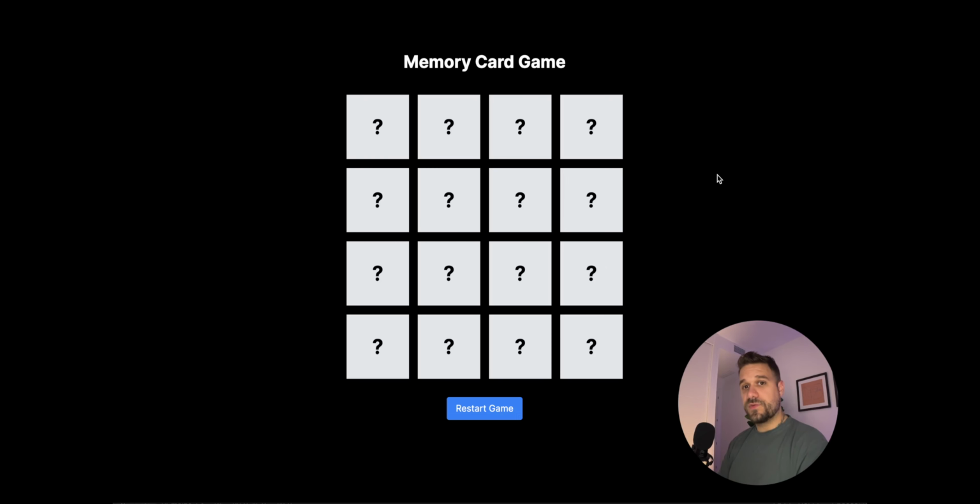We should have 8 photos, duplicate those photos, meaning we are going to have 16 squares. And when we click on one square, we should get a photo behind it. And when we click on another, we should find the match. So in this case, these two are not matching, so it's reverting it back. But if we find a match for our image,